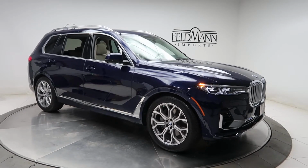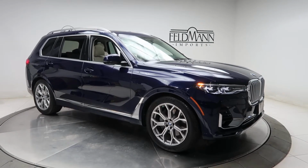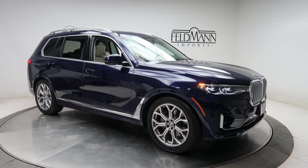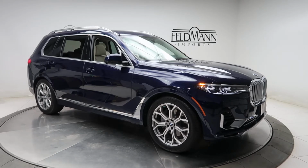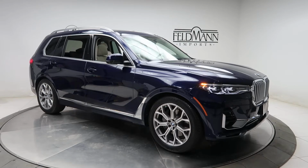Today we're taking a look at a 2020 BMW X7 xDrive40i. This one is blue. Underneath the hood is a 6-cylinder 3-liter twin turbo with 335 horsepower and 330 pounds of torque. This one has front and rear LED daytime running lights, 21-inch split Y-spoke wheels,